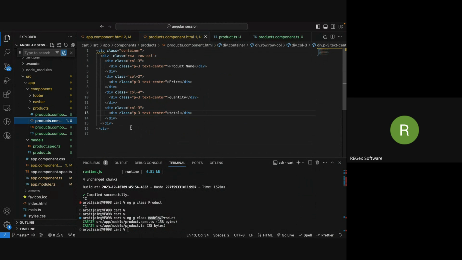So to resolve that issue, what we're going to be doing over here is creating a new component, and for every product, we're going to be calling that component. How to generate a component, we already know: ng g c and the name of the component. I want to create a component in the components folder, so I will write the name of the folder first: components, slash